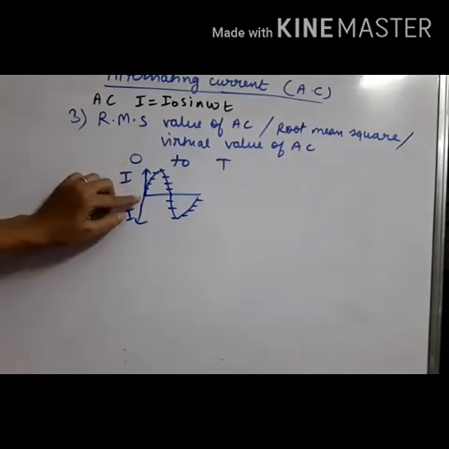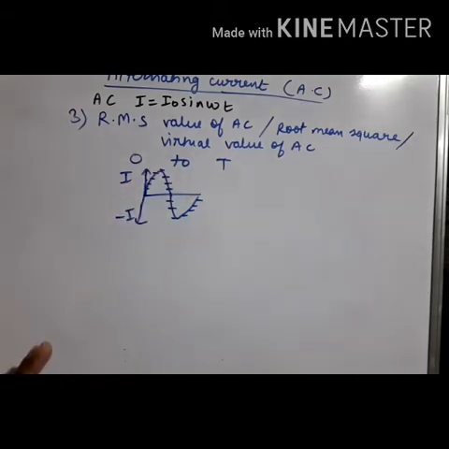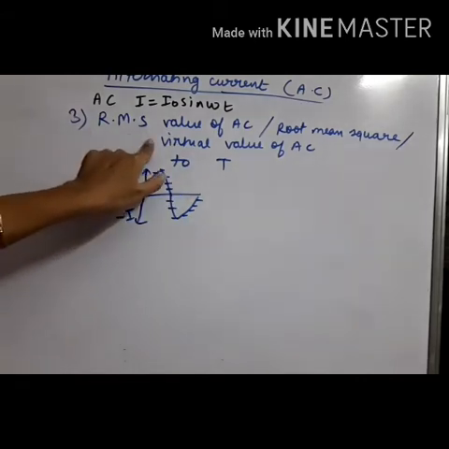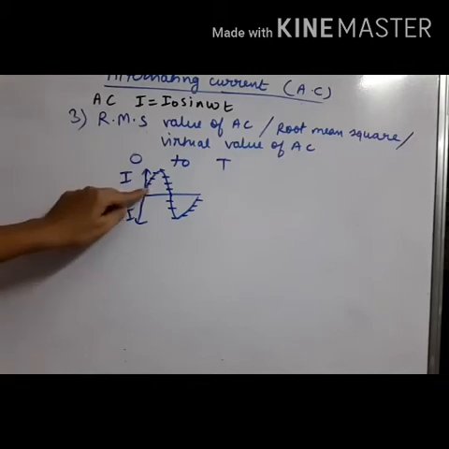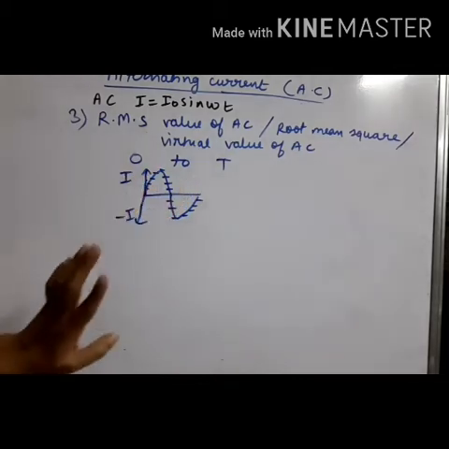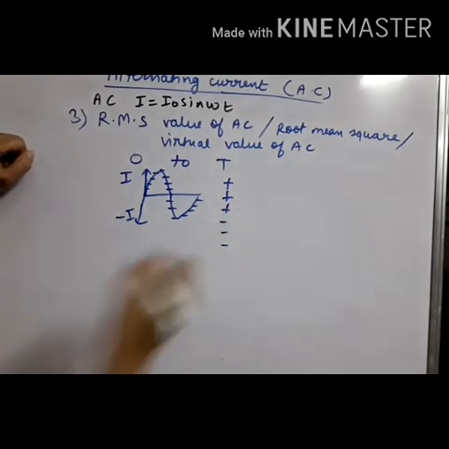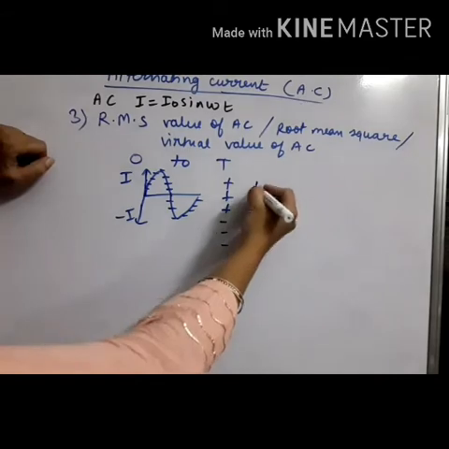So suppose we still have to calculate the average of AC for the 0 to T interval. Then the method is RMS. The RMS method says that first of all we will square all the data. Why square? Because we have positive and negative values. Some values are positive and some values are negative. If we square all the data, then all will become positive.